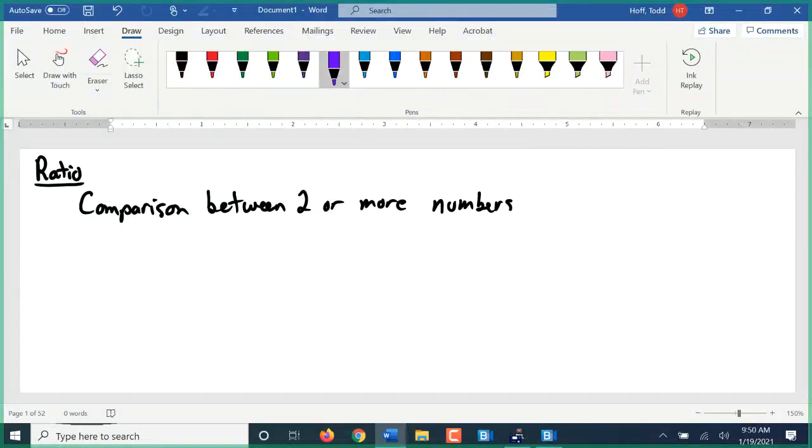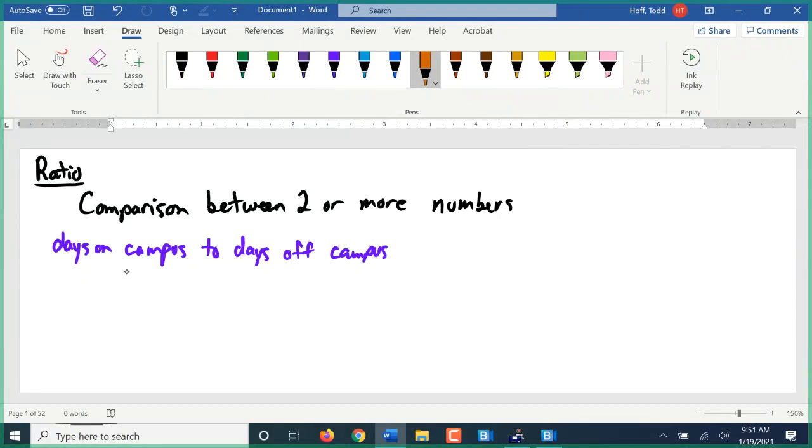We might look at my current schedule. Well, not for this week, but starting next week. We look at the days on campus, days off campus. I will be on campus 2 days a week, off campus 3 days a week. I could write that ratio in a fraction form like this, 2 over 3. I could write it with a colon like that, 2 to 3. Or I could write it with the word,